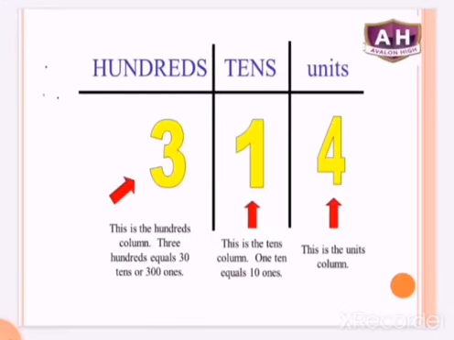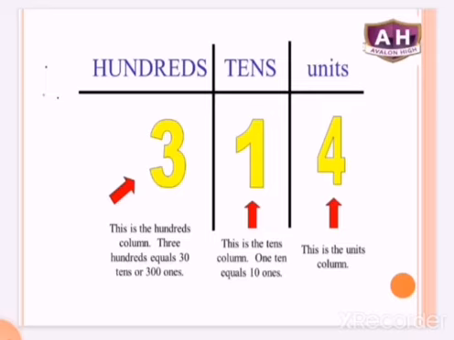In this picture we have the number 314. In hundreds it will always be of three digits. The number with three digits will always be of hundreds, and the left third digit will always be of 100. In this, 3 is in the hundreds place. It is the left third digit, that is 314. 4 is in the ones place, 1 is in the tens place, and 3 is in the 100 place. So we have 300, 1 ten and 4 ones.